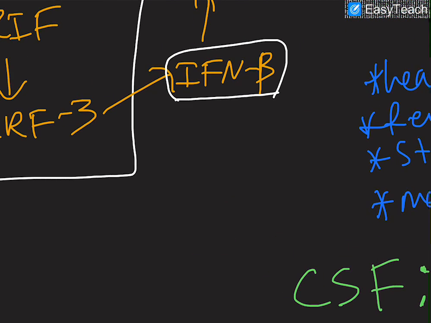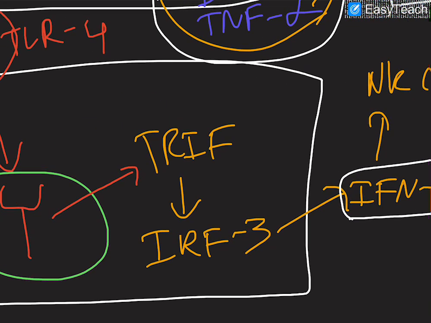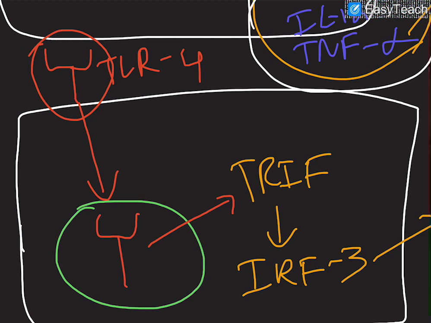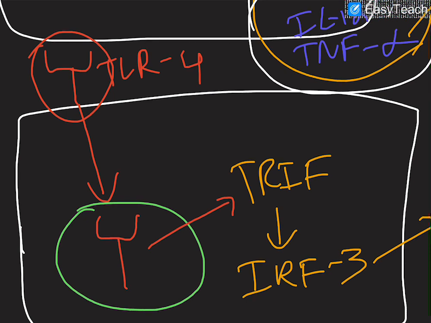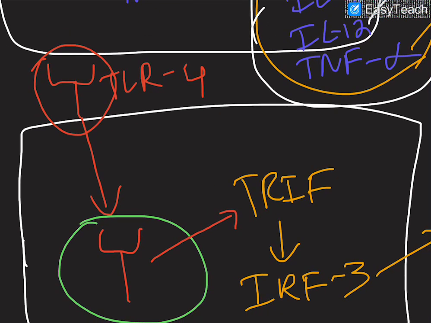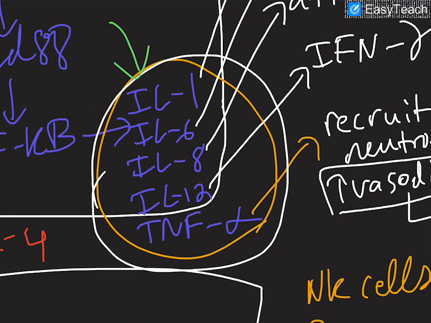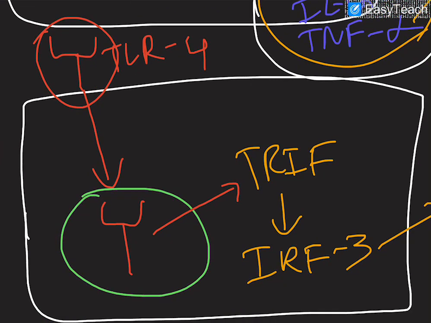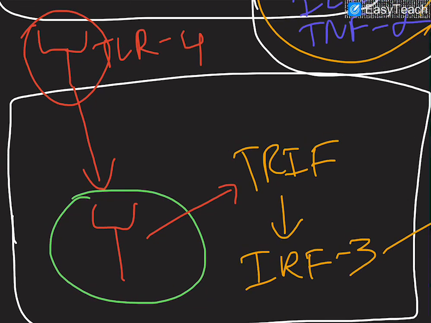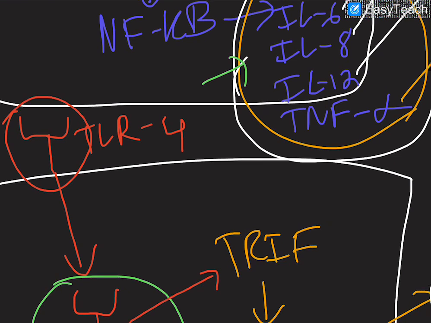But this is getting a little off topic because this is going into specifically the Neisseria meningitidis bacteria and meningitis. The whole point of the video was to show the importance of toll-like receptor 4 and how it can respond to different gram-negative bacteria. We know toll-like receptor 4 is on your white blood cells like your macrophages and dendritic cells, but also on your endothelial cells. So if the toll-like receptor 4 on your macrophages is getting stimulated, it can lead to a lot of production of cytokines. If toll-like receptor 4 on your endothelial cells is getting stimulated, it can also lead to the production of cytokines,